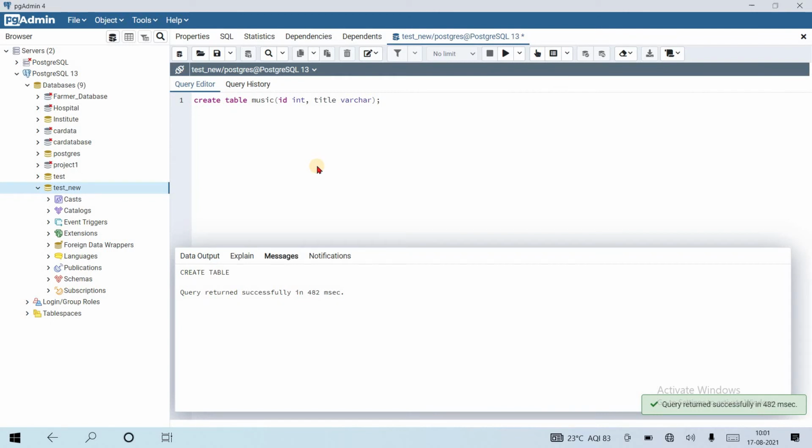So now we can run a query. Suppose we insert some data into it: insert into music id, title values 1, something, 2, something.